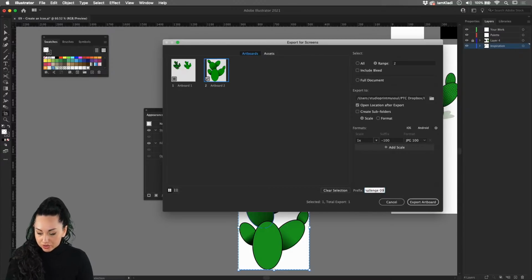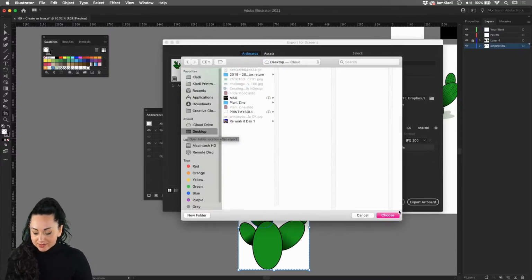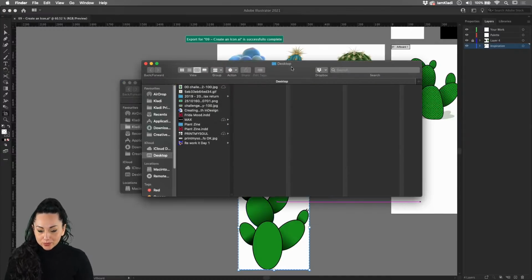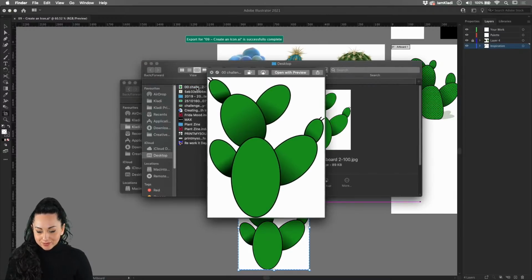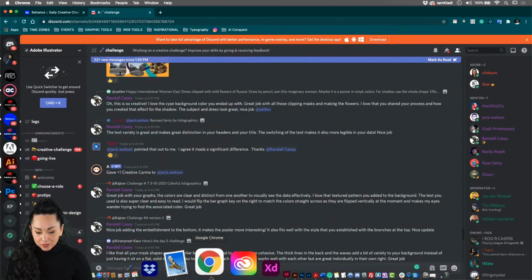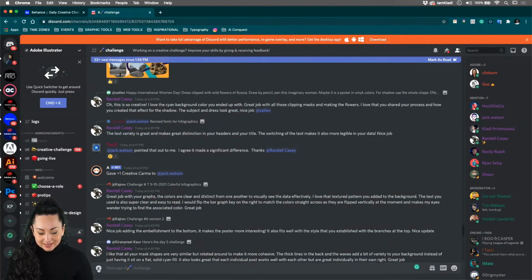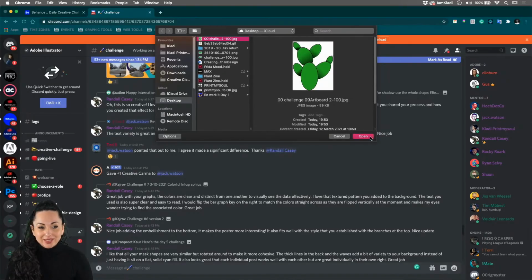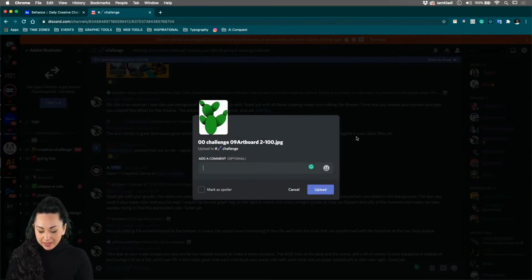So this is challenge number 9. And select a destination folder so you know where you will find your file. I'm just going to place it on my desktop for now and click on choose, and then click on export artboard. By doing so, your little drawing is ready, and all you have to do is go back into your Discord page, then select the plus icon, and from there simply select your new graphic that you have exported, click on open, and you will be able to ask a question or say anything you want, basically by adding a comment.